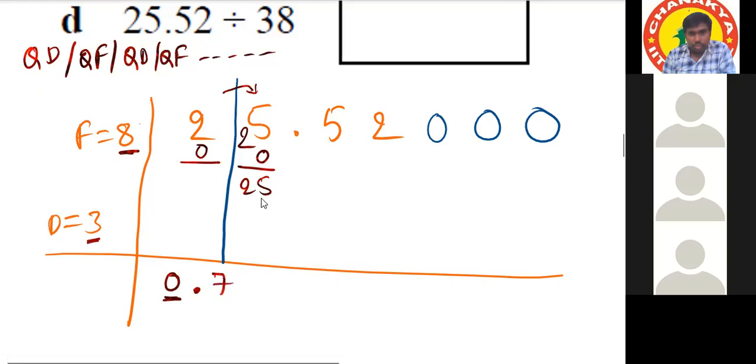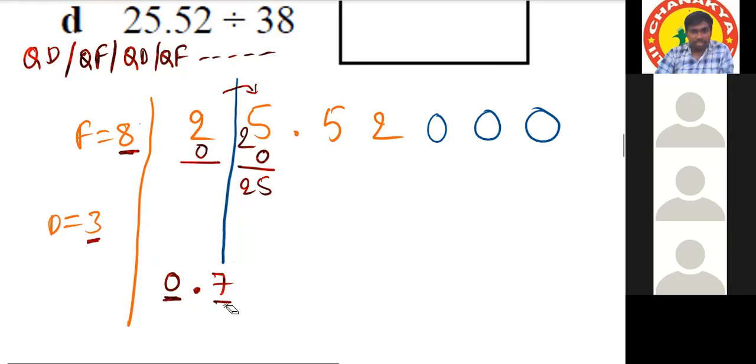7 times it is 21 and the remainder is 4. Write it before the next digit. Now the number becomes 45. In that 45, again the quotient with the divisor. The quotient with the divisor is over. Quotient with the flag, 8 7s are 56, which is also more than 45. Sir, 6 times we have to take again. Yeah, 6 times only. It is not possible with 7 times also. So I'm going to take 6 times only.